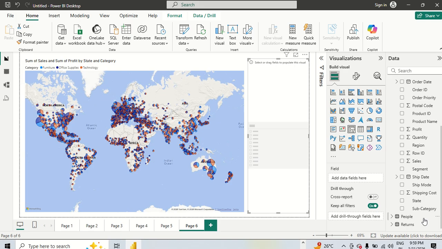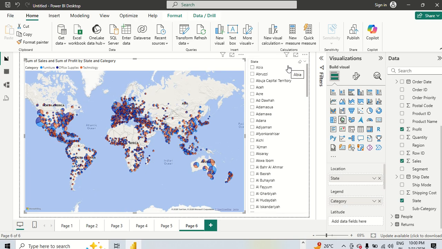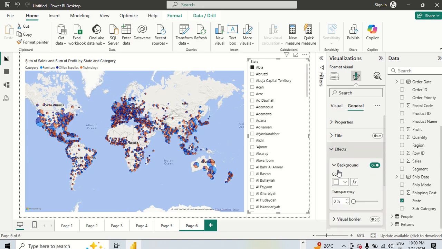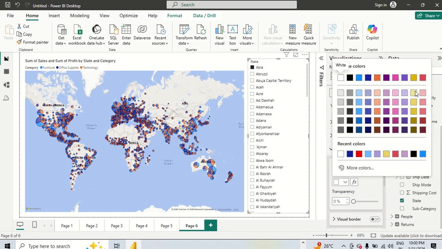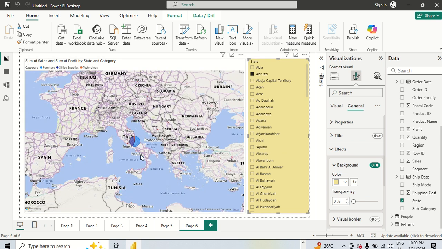Now when I click on the state, see, now wherever, okay, fine. Let me give some background color so it's more visible. Maybe some lighter color. Okay, fine. So this is the slicer we are going to use. If I click on any of the state, it will go there. Okay, see,